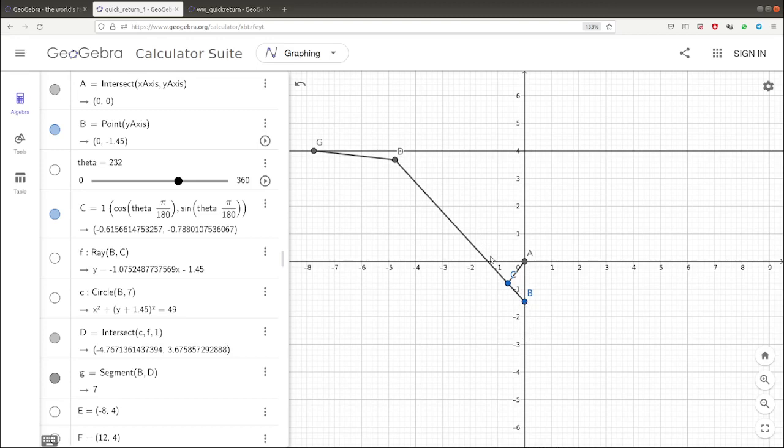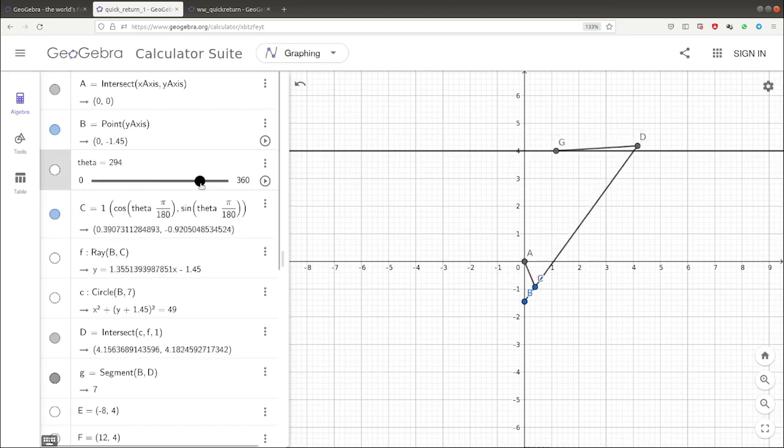But there is one problem. The problem is, look at the stroke length. If you see, for this case, the stroke length is enormous. It's more than 9 or almost 10, right?